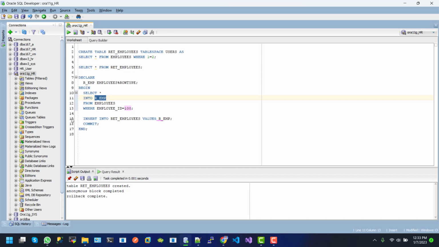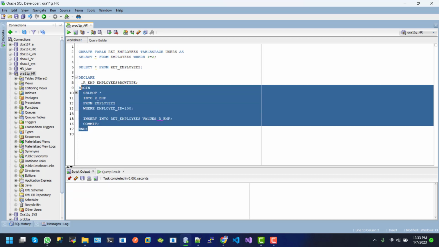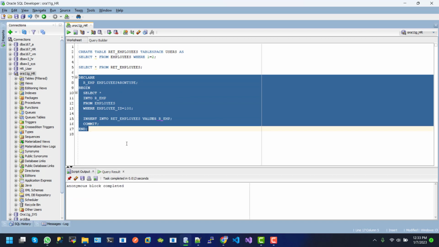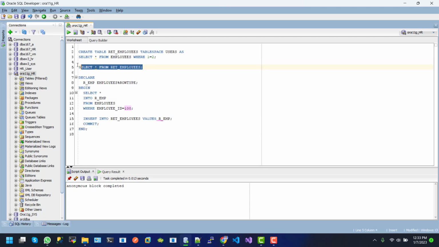So here, line number 15, we can see the insert statement, and the data will be populated from REMP, which is here. So if I execute this line, here we can see the anonymous block completed. So if I check the data,